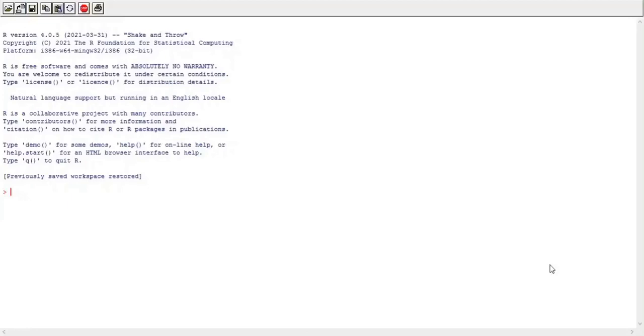In the previous session, we studied the list data structure in R. A list is a heterogeneous data structure that stores different types of data. The advantage of a list is that we can store elements or components of different lengths in it. Now today we are going to study the data frame data structure in R.